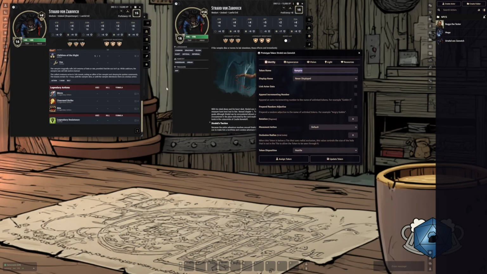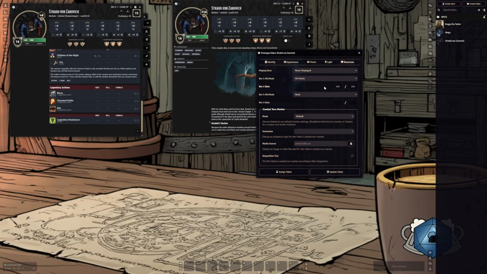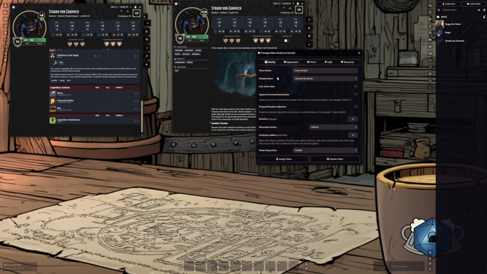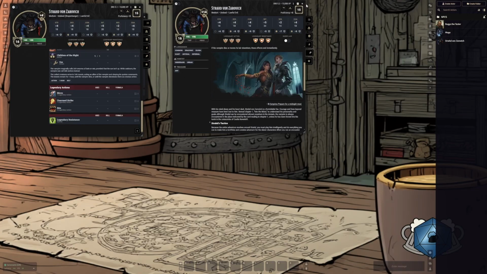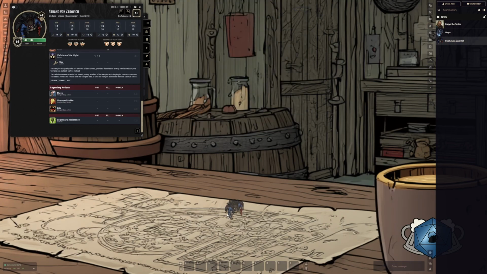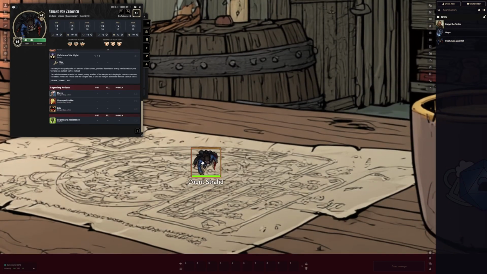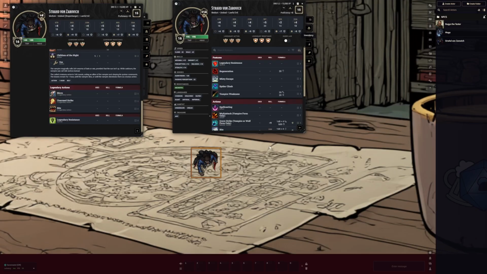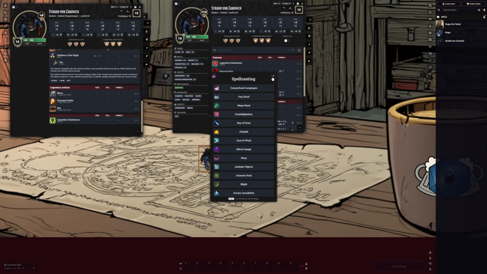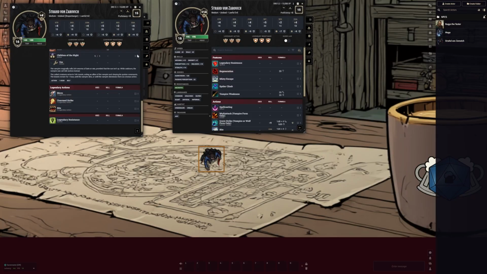You might want to change the name here. So, add Count Strahd. Of course, I would want hover for everyone for the name, and then I want hover for owner for the hit points. And then lastly, I want to link actor data because this is the only version we're going to put on the canvas. Close this, bring it down, and now there's the 2024 version of Strahd. Ready to go, ready to cast spells, ready to attack,